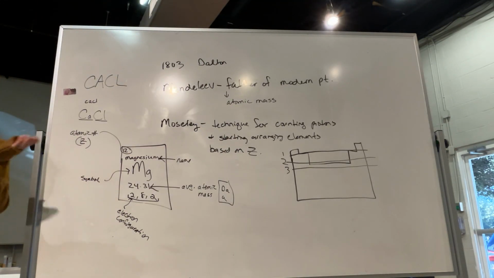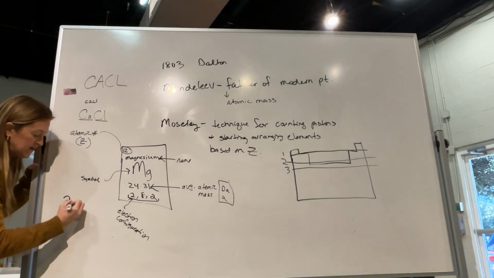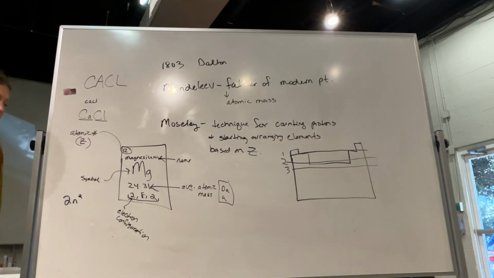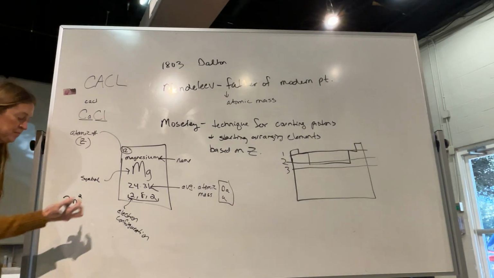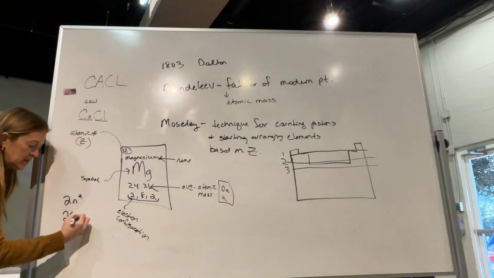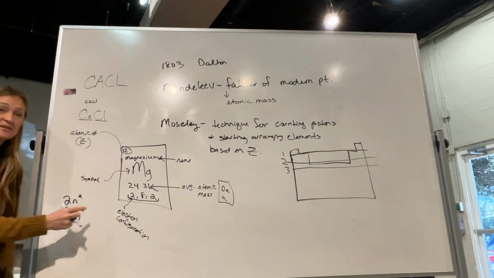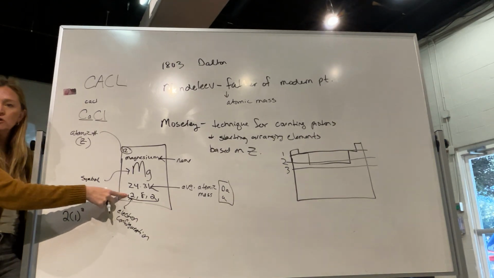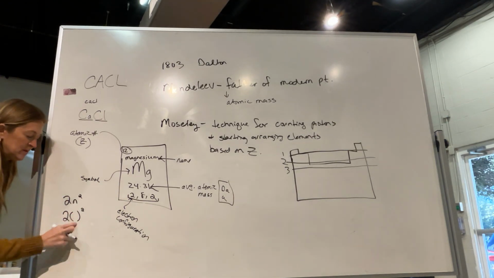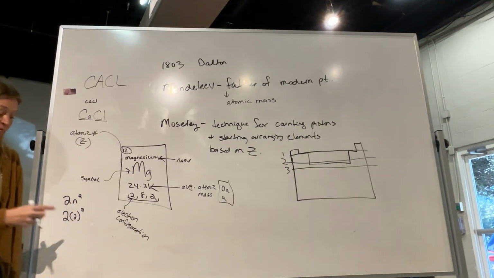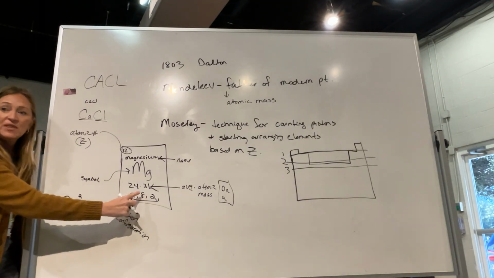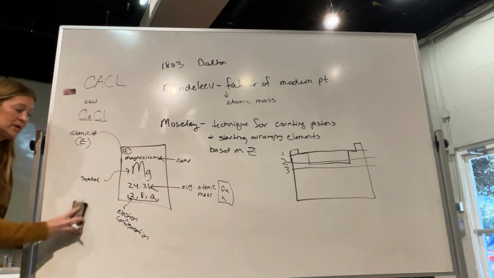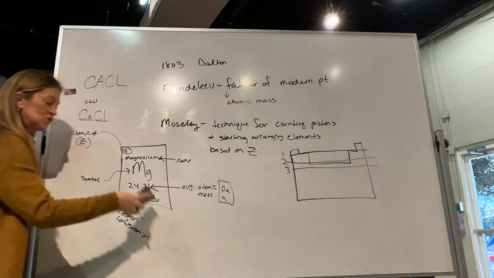And this right here corresponds with chapter 5, that equation that you guys learned. So the first principal energy level, if I put N as my principal energy level, 1 squared is 1 times 2 is 2. Only 2 electrons can fit in that first principal energy level, right? And if I made that a 2, 2 squared is 4, 4 times 2 is 8. Only 8 can fit in that second principal energy level. So they're basically saying that principal energy level 1 is full, 2 is full, and there's 2 in the third one.